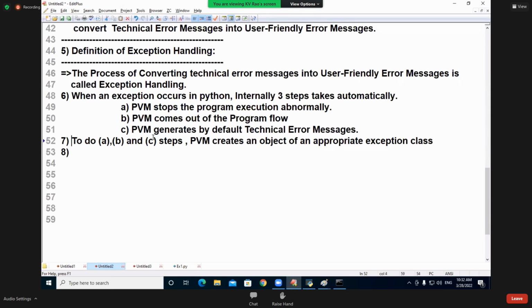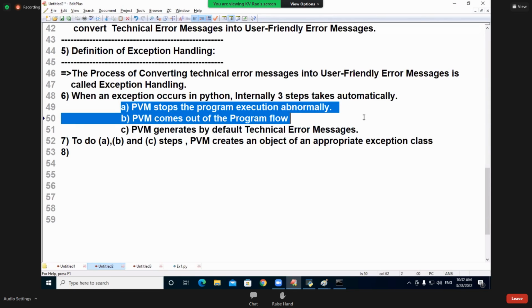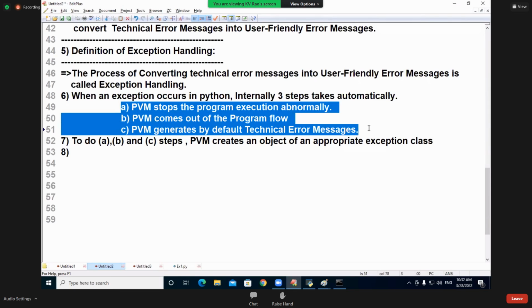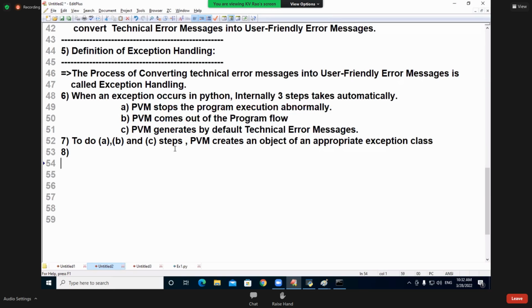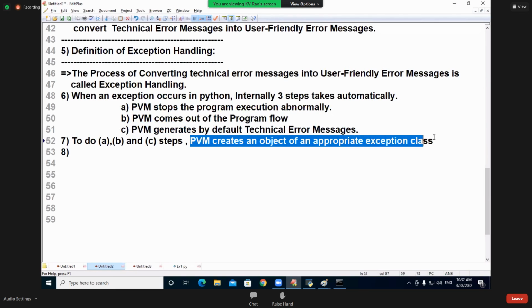To do these ABC steps, PVM abnormally terminates, comes out of the program flow. PVM wants to generate a default technical error message. Compulsorily we need what? An object of appropriate exception class. PVM creates an object of appropriate exception class.